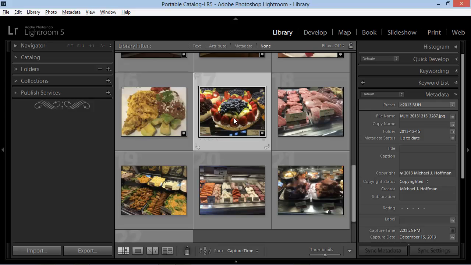If we look at these photographs here in my library, we can look at the metadata panel on the right-hand side of the library module, and we can see that we've got copyright information entered here, and copyright status, the creator, and so forth is all listed here in this metadata panel. Now you could go in and type these values by hand, or you can apply them using a preset, which is much more efficient. In order to apply a preset, we can go to the top of the metadata panel here,